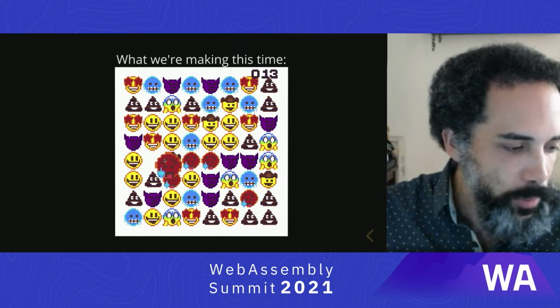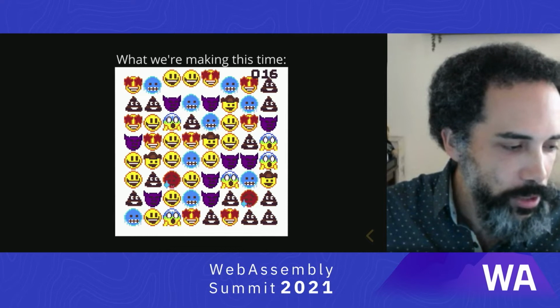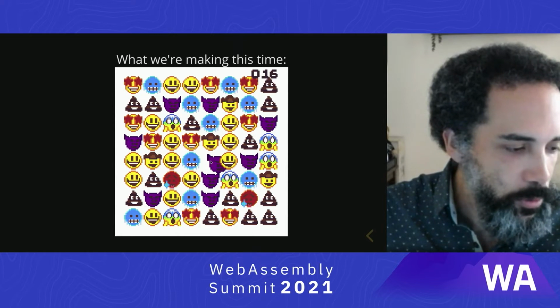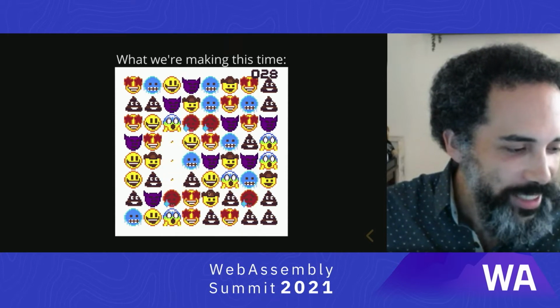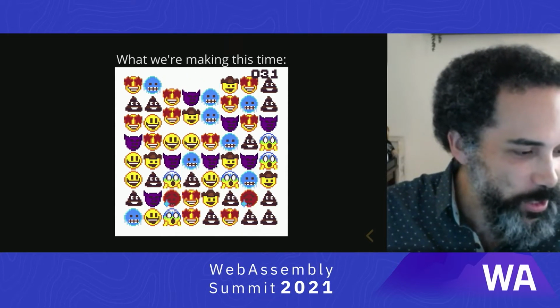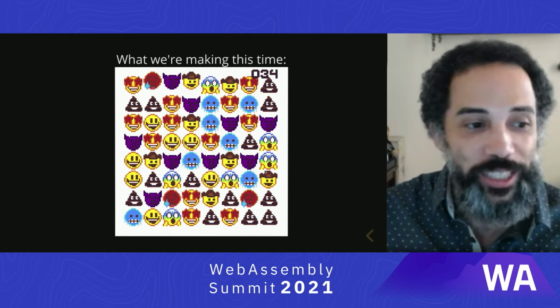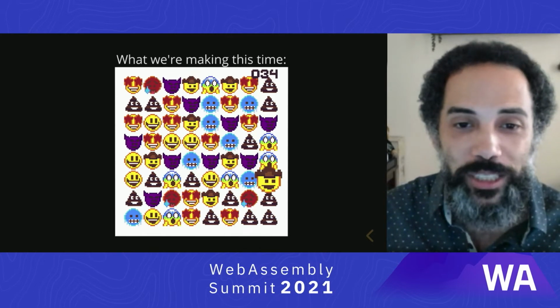If I grab an item, I can swap it with the one nearby. It clears it, moves everything else down, and resets. And you can see my score increased too. So I'll do it again. I'll do it again. Hopefully I'm not missing something that you're seeing. Okay, so you can get the basic idea. This is the sort of game that we're going to make today.